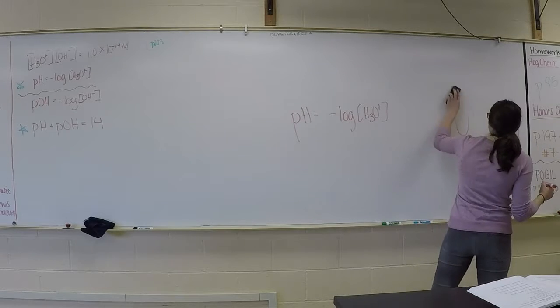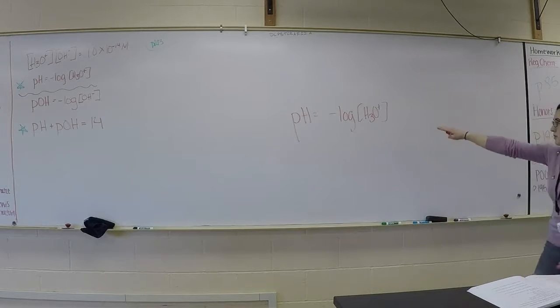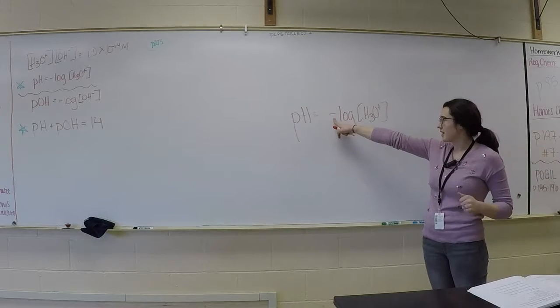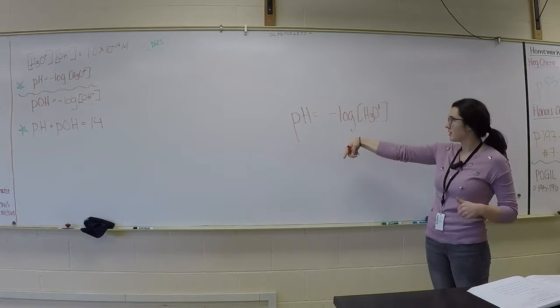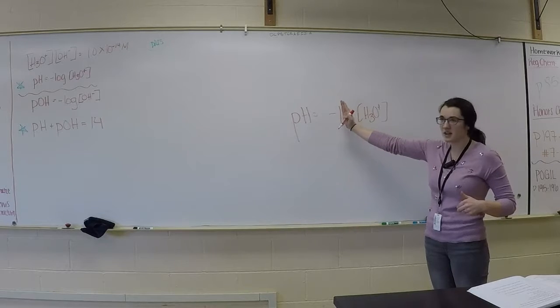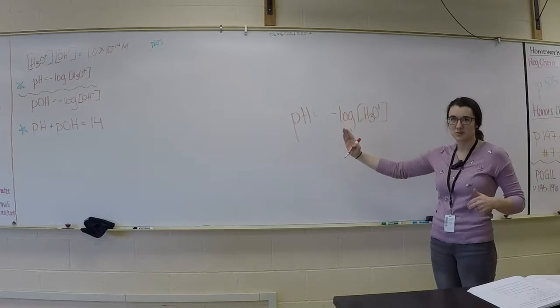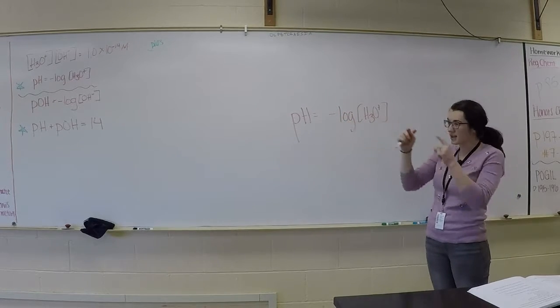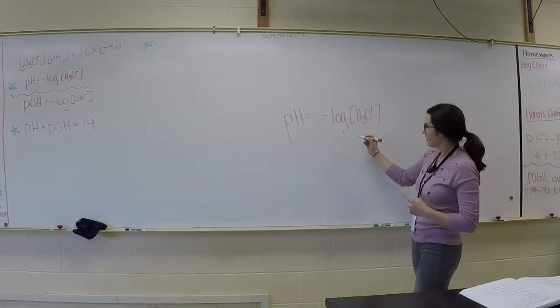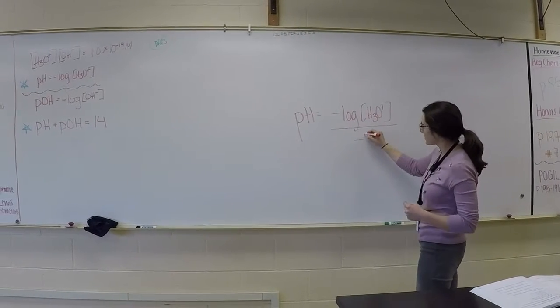Again, the goal is we've been given a pH. We want to solve for H3O+. First thing we want to do is get rid of the negative sign. Move it to the other side. And what's technically here? A negative what? Not a negative 10, but a negative 1. So if we divide both sides by negative 1,